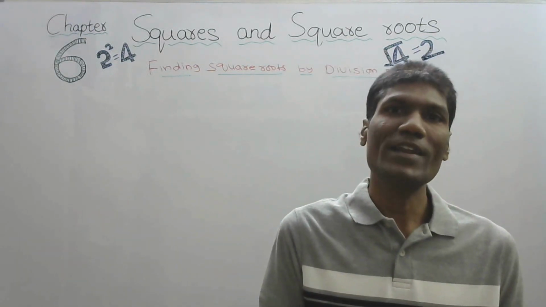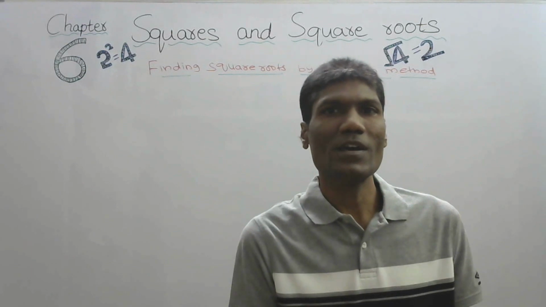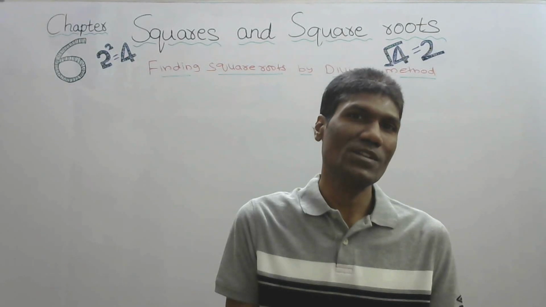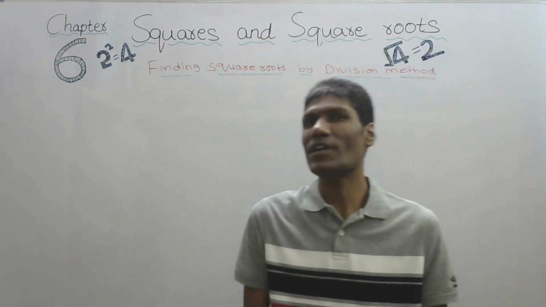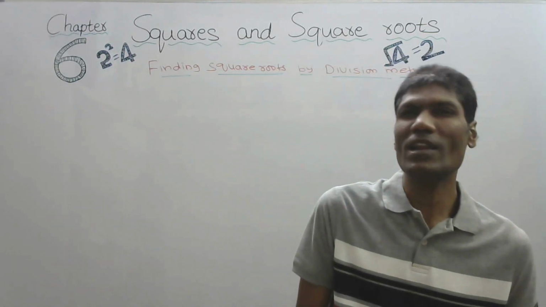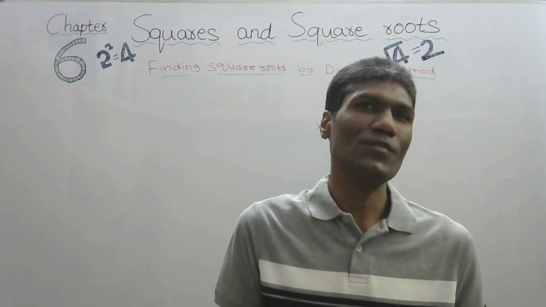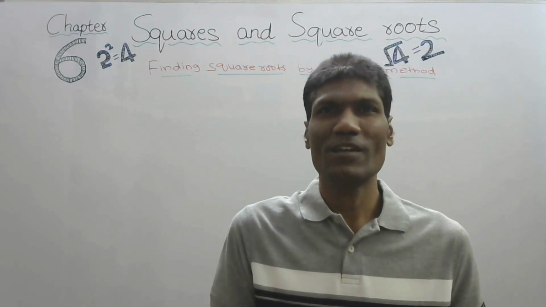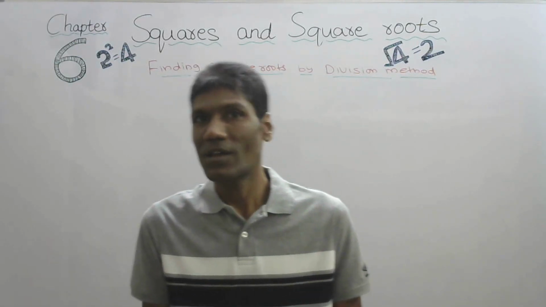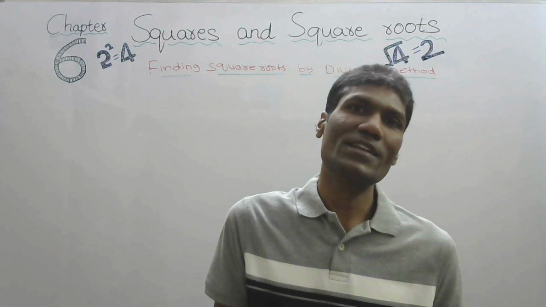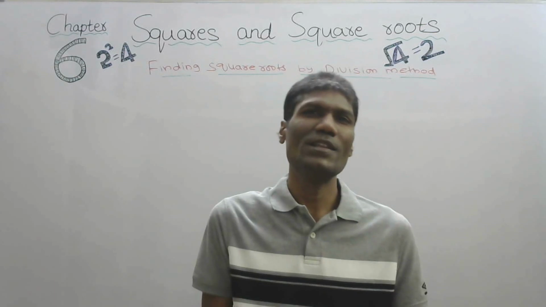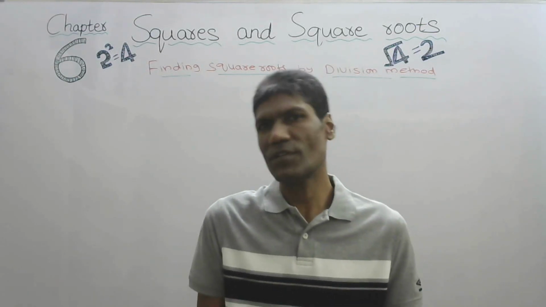We know how to find the square root of a number. For that, we are applying different methods. First, we have seen repeated subtraction. But the problem is, if it is a big number, then we have to subtract again and again. It is very lengthy. Sometimes it is not possible. If it is more than 1000, then it will be almost not possible. If it is 10,000, very difficult. Next, we have seen prime factorization. Even in that, if the number is bigger, then it is a very tedious process and very difficult.